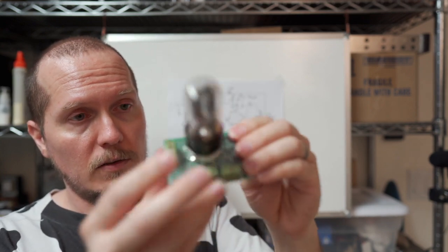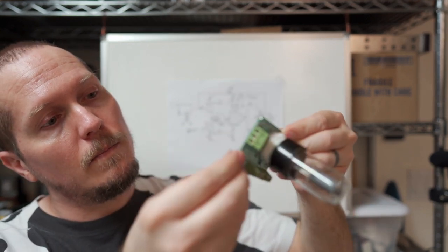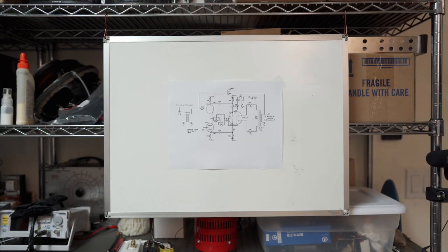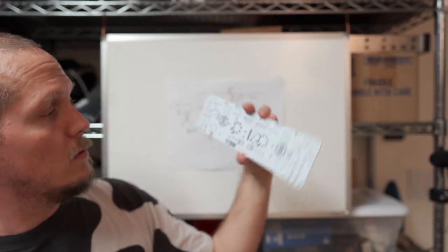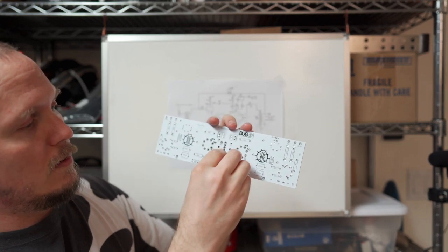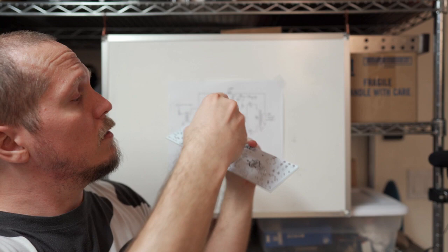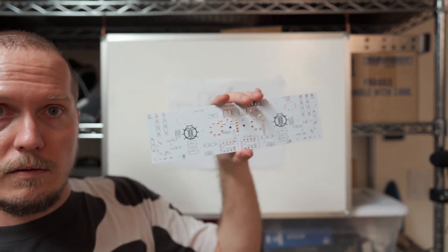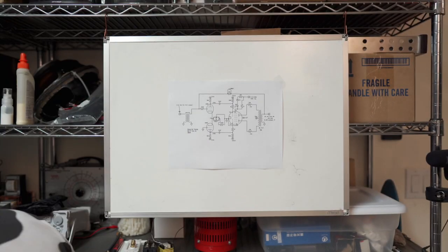So you can see I've got the minimum stoppers just soldered right on there. And screw terminals once again. So what I did was, once I had designed the amplifier, I went up and made PCBs for it. And you can see that the little transformers just fit right on the PCBs and solder in. So pretty cool. The whole amp sort of sits on there, and then the power supply